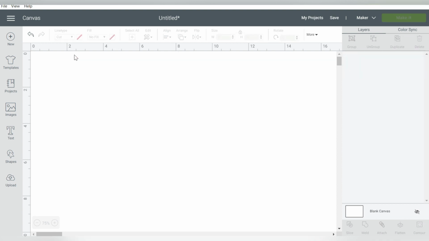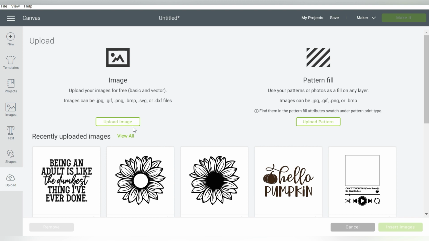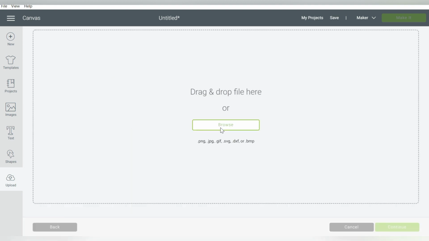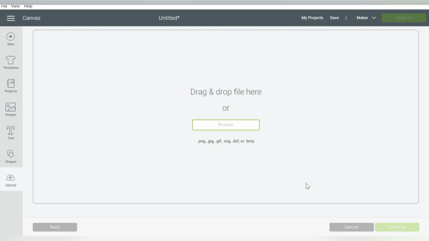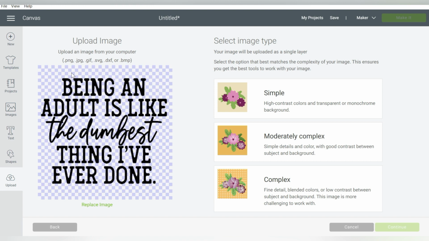I'm going to delete this from our canvas so that we can check out some of the other file types included in the download. So I'm going to go back to Browse. Luckily it opens up in the same folder, so that makes it super easy. And we can choose the PNG. Now the PNG and the JPEG are usually pretty similar. Given an option, I usually work with the PNG because a lot of times the PNG will already have a transparent background. So if I hit open, there you go.